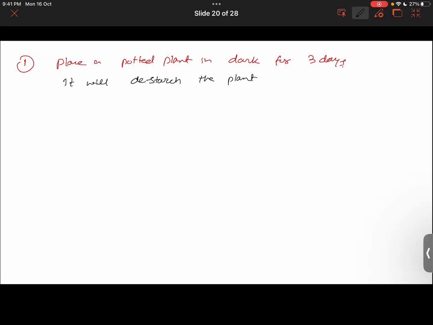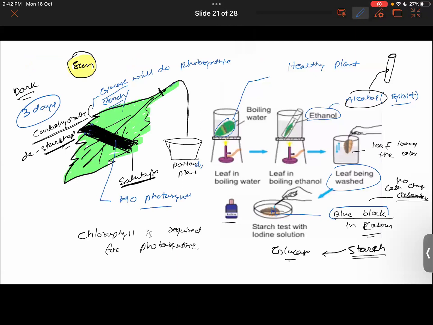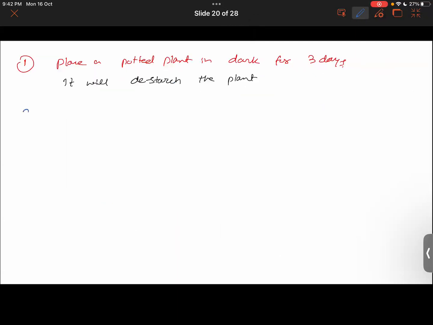Getting it now? Afterwards, what we do is put this plant back under the sun. Let's put this plant back under the sun. So the next step is to place the plant facing the